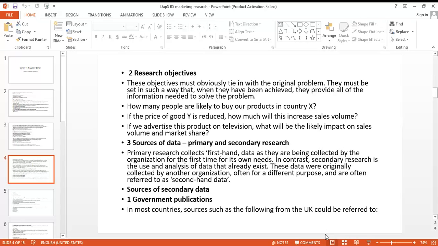Okay, what is a primary source? Primary research is first hand collection of data. You go into the field yourself. By the way, it's also called field research. You do the survey yourself, you do the interview yourself. You actually go and find out and get the information yourself. If that information has not pre-existed, if it has not been there before and you have dug it out from somewhere, that is primary information.